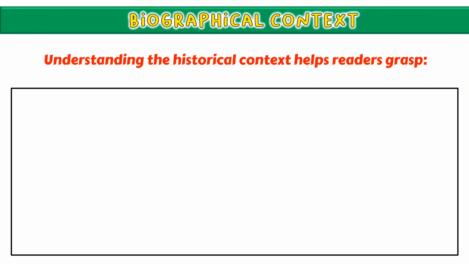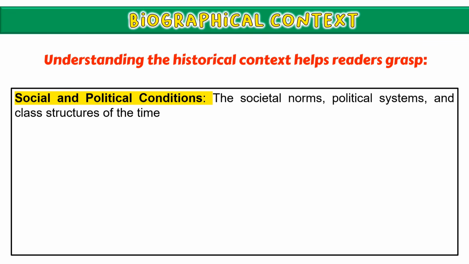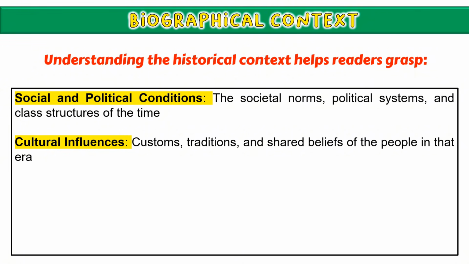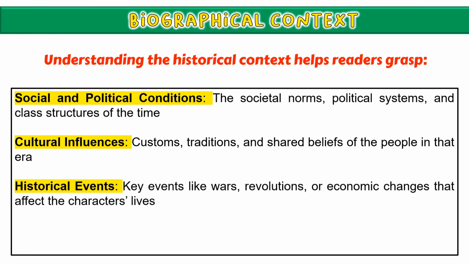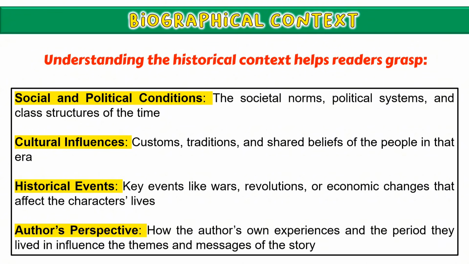Understanding the historical context helps readers grasp social and political conditions, which includes the societal norms, political systems, and class structures of the time. Cultural influences, which includes customs, traditions, and shared beliefs of the people in that era. Historical events, key events like wars, revolutions, or economic changes that affect the characters' lives. Author's perspective, which is how the author's own experiences and the period they lived in influence the themes and messages